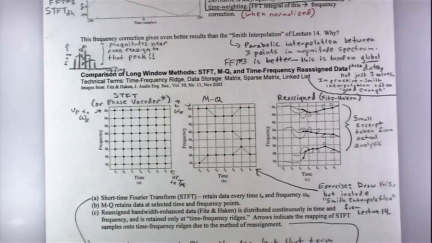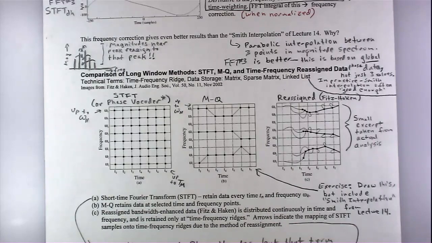If you're at a very low frequency, it's better to use global data. What happens is your peaks are close together at very low frequencies in your spectrum, and it turns out that when you're looking at these neighboring magnitudes, they're being affected by the next peak over too. If you use global data, you get another octave at the bottom. So that's worth something. But in general, if you're really just interested in magnitude information and frequency information, the Smith interpolation works. So this is, quote, better, but mostly in a mathematical sense, and there's only a